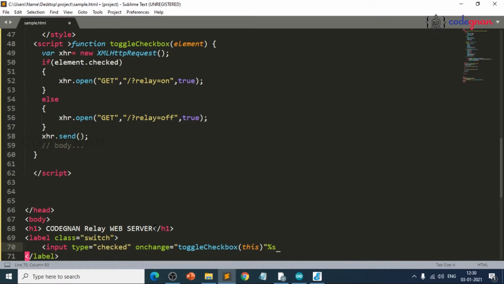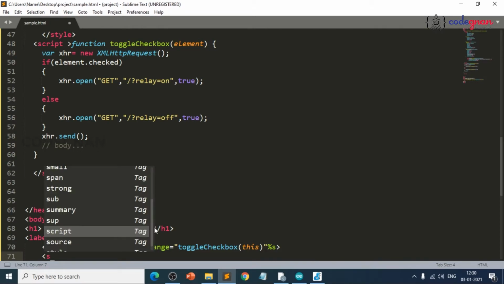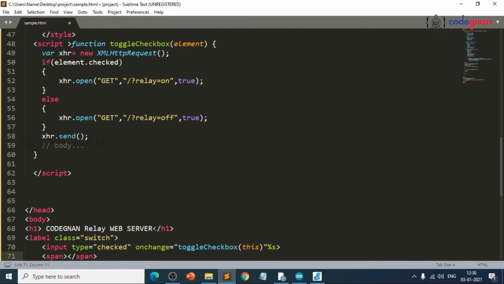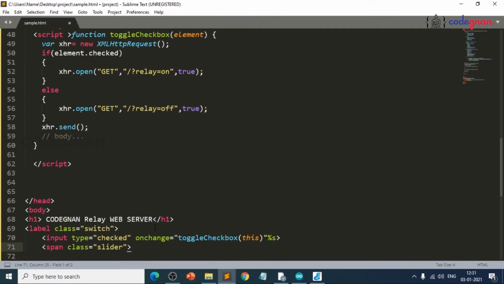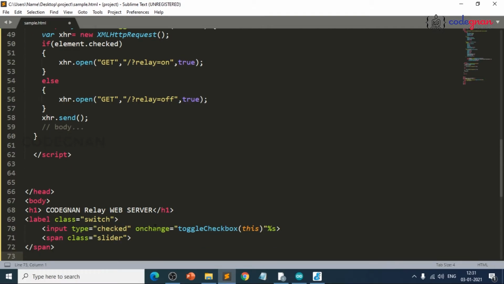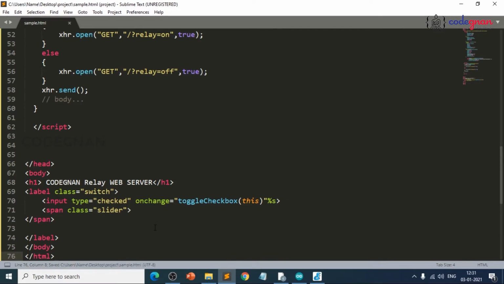Then write the span tag, class equals slider, and close the span tag here, close the label tag, close the body tag, and save the program here as sample.